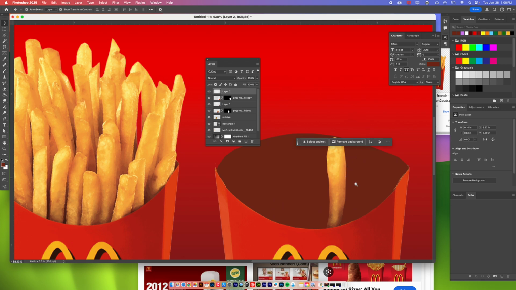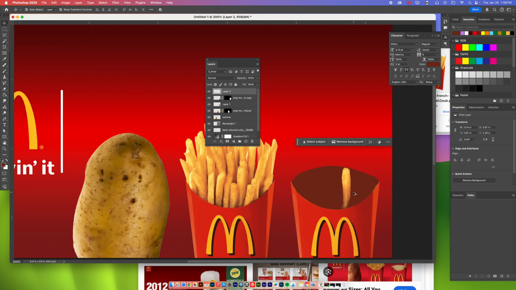Doesn't look exactly like the ad below. No, I don't think that fry's quite long enough. But we could do Command T and we can hold like this. We could rotate it. Okay. That looks good right about there. Don't worry about the thing. Okay, so I don't love this one. I probably could find a better picture, but this is the setup. It's done